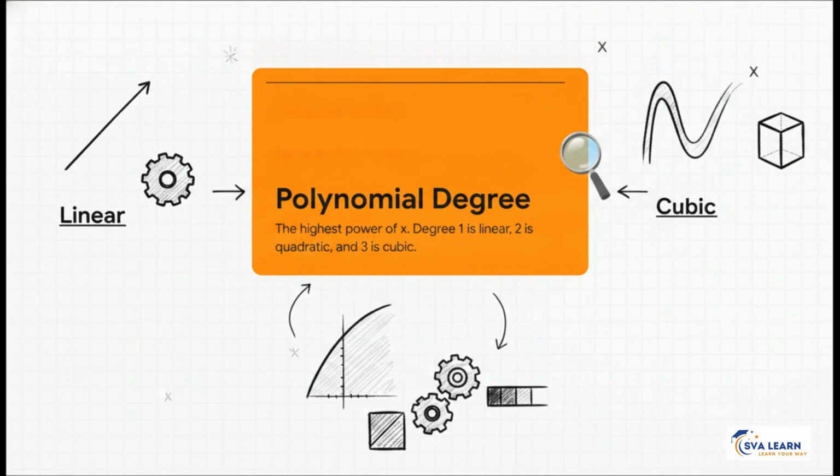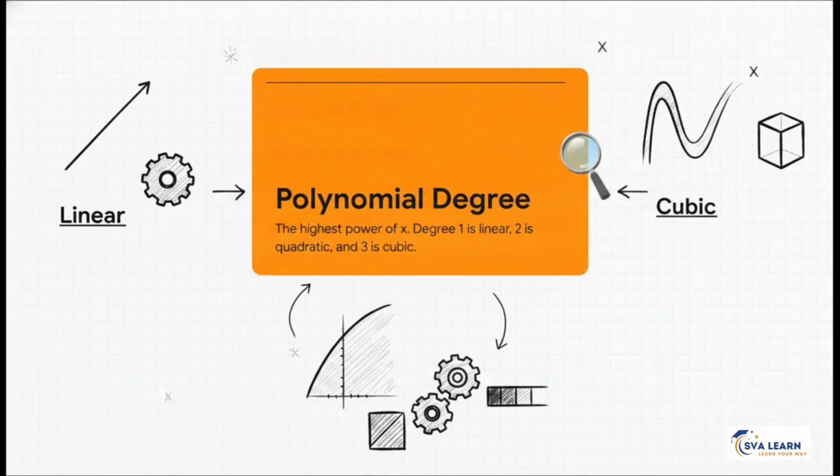All right, to understand these shapes, we first need to know exactly what kind of math machine we're dealing with. Think of polynomials as these little math machines with different power levels, and they're defined by their highest degree. That's just a fancy way of saying the highest exponent attached to our variable, x. So, if the highest power is just an invisible 1, like in 2x minus 3, we call that a linear polynomial. If we crank the power up to 2, like x squared minus 3x minus 4, that becomes a quadratic